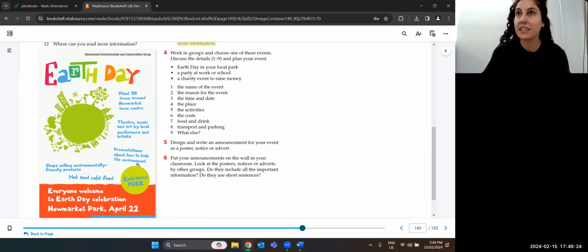Entrance to this event is free. Again, free entrance, no charge, free. You can just put the word free. And visit our website. Again, we don't need to say visit our website. If you just put the website, people will know to go there. Or if you just put your phone number, you don't need to say call this number. You can just put the phone number. People will know.